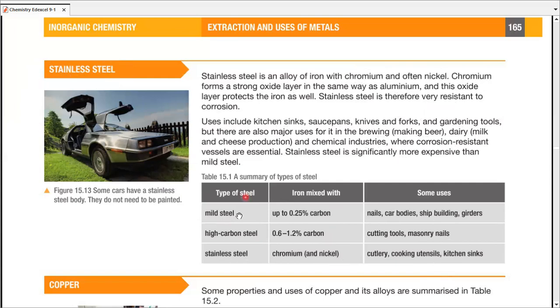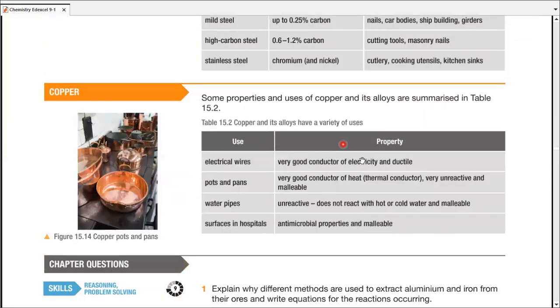Now these are mostly facts. Moving on, the last portion, copper. Copper can be used in electrical wires. Why? It's a very good conductor of electricity and it's ductile. Copper can be used in pots and pans like shown in the diagram. Why? Because it's a very good conductor of heat, unreactive, does not react with any of our food, no matter